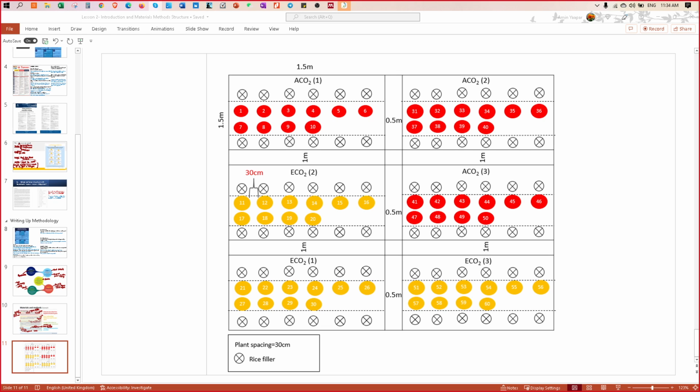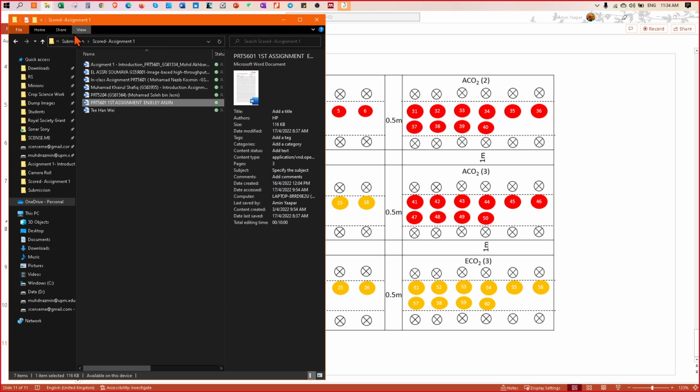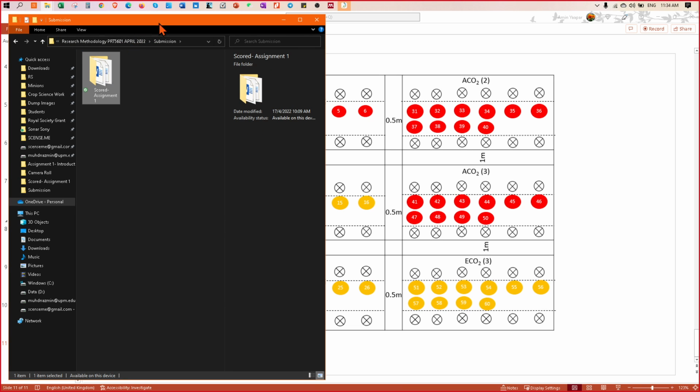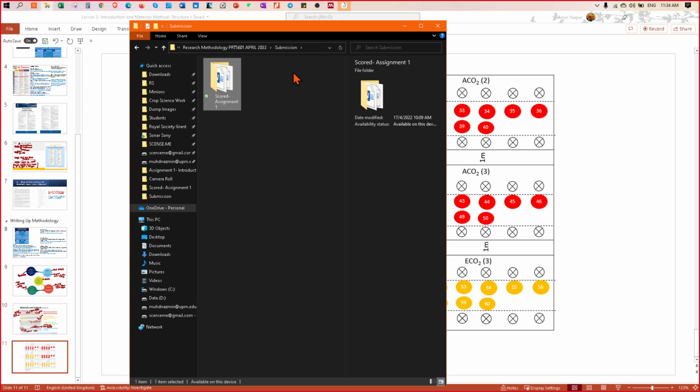If you submit early, you submit again in this folder. Okay, please use this folder. You have the submission folder, right? Just drop everything in this folder. The reason we can do it in a presentation type, right? Yes, you can use PowerPoint, you can use Word, whatever that I can use to do the marking. So have the submission here.